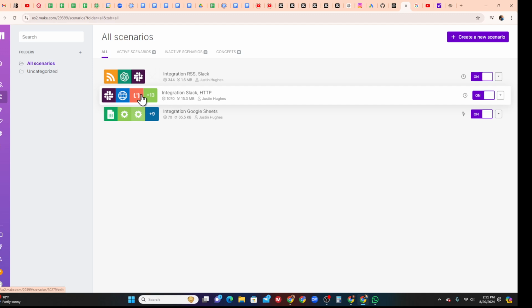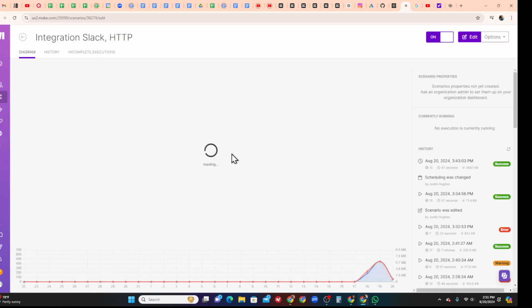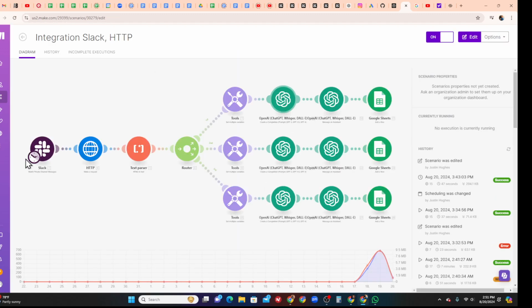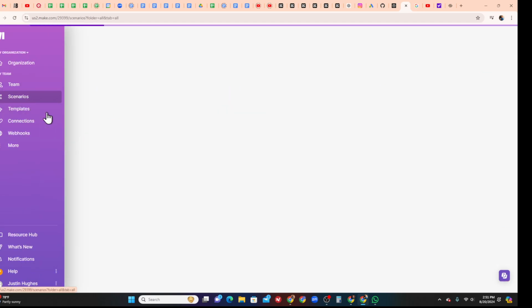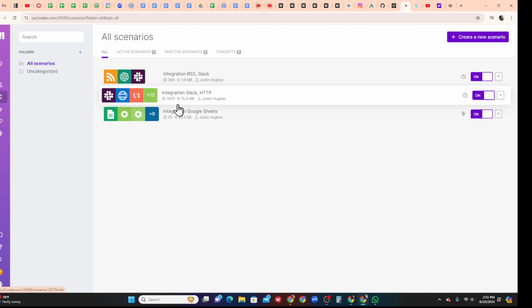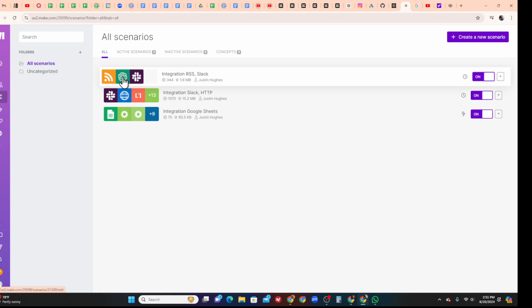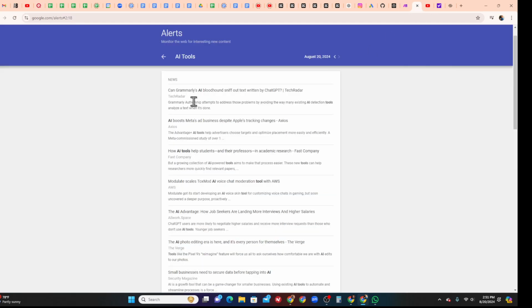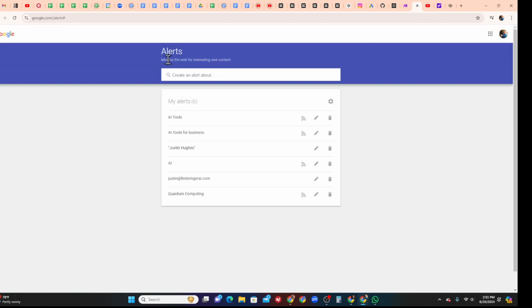There are several tutorials on the specifics of how to set these up, but I had not found any that combined the content writing and posting with the content sourcing of an RSS feed. The RSS feed, by the way, is just a Google Alerts. If you go to your Google Alerts, just kind of walk you through that real quick. You go to